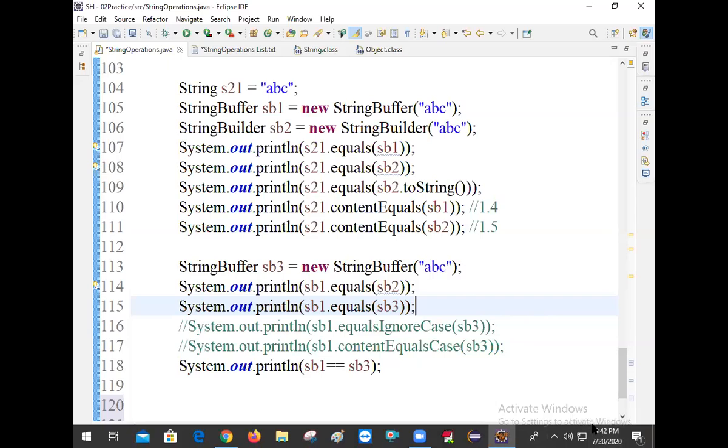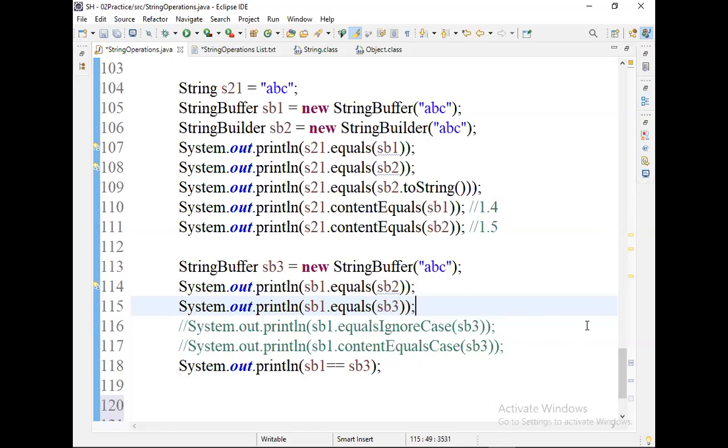What versions? What is the meaning of versions? I didn't understand. Can you please elaborate your question?